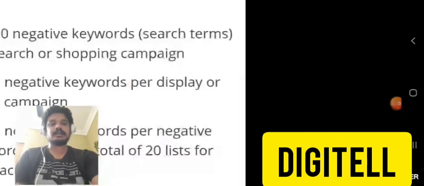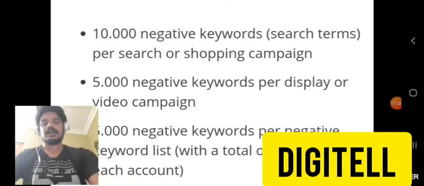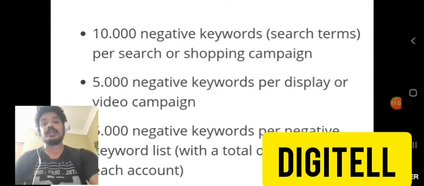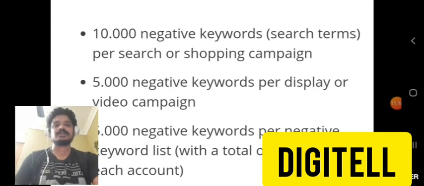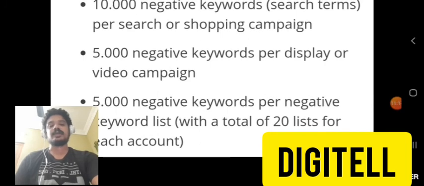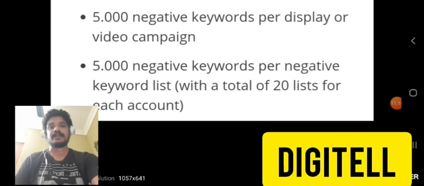And next thing is, there are some parameters. We can use only 10,000 negative keywords per search or shopping campaign. Then we can add only 5,000 negative keywords per display or video campaign.